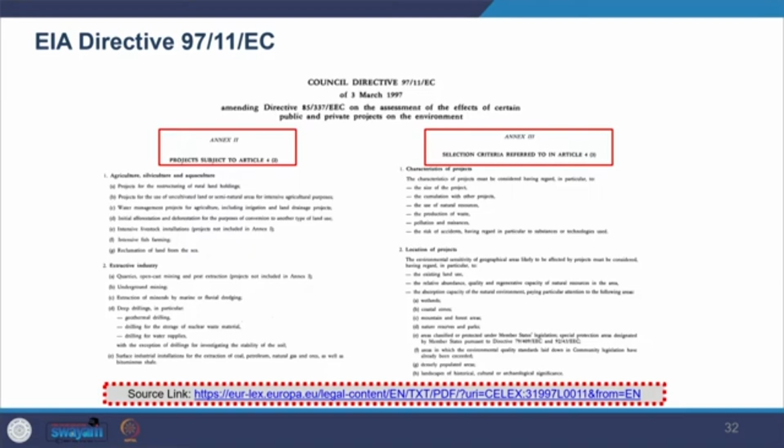Likewise, you can see in Annexure 3 what selection criteria will be imposed: the characteristics of a project, which kind of projects would be included, the locations of the projects, and so on. You also saw how it was implicated in our cases, as per the list and special consideration for specific areas. Therefore, based on these conventions, amendments are made in the EIA process also.